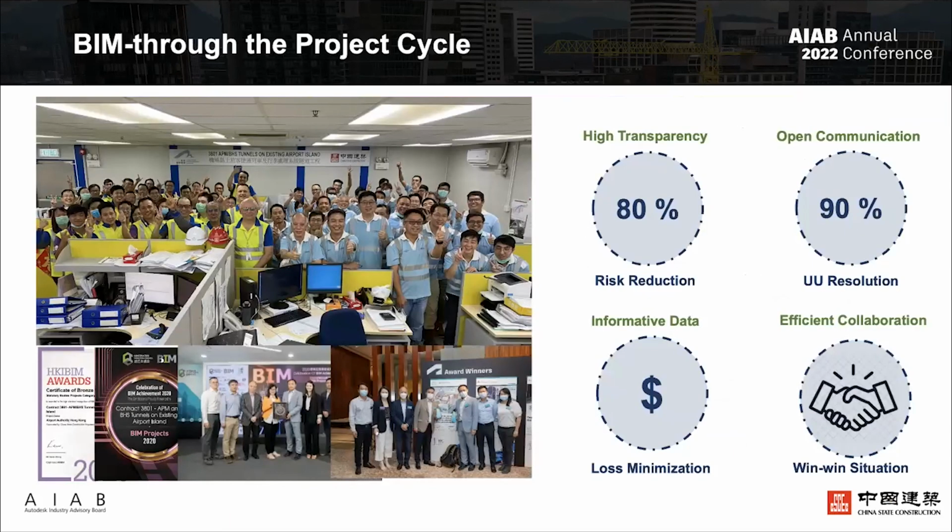We have been through a lot throughout these years to achieve seamless collaboration, estimation, and visualization. We also changed the way we work together and the way we communicate, with high transparency, open communication, informative data, and effective collaboration, to reduce 80% of risk and over 90% of UU clashes, minimize the loss, and most importantly, to achieve a win-win situation with our